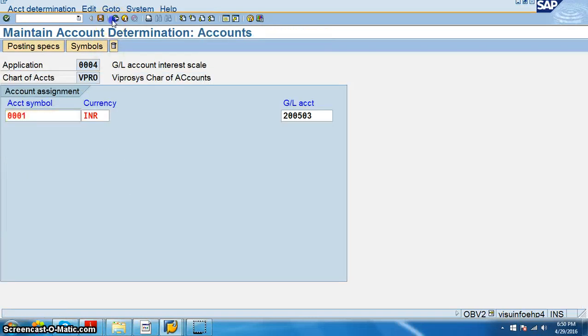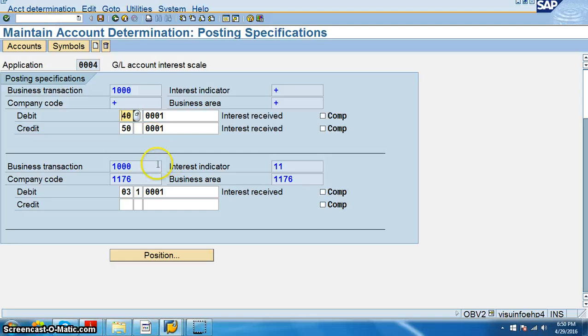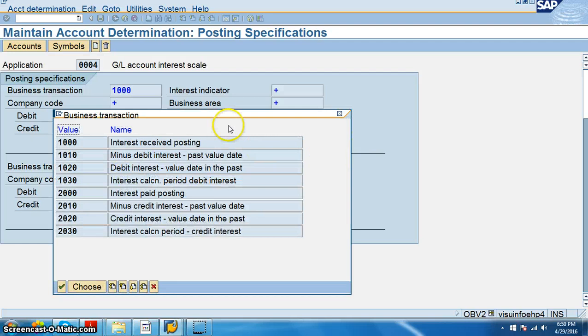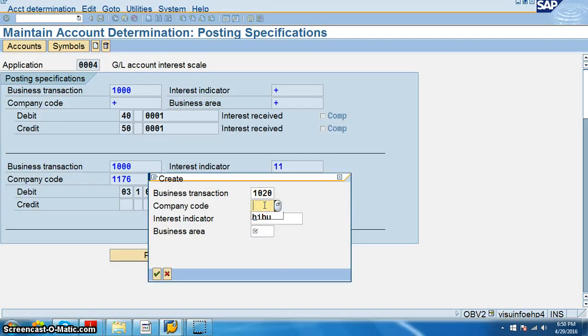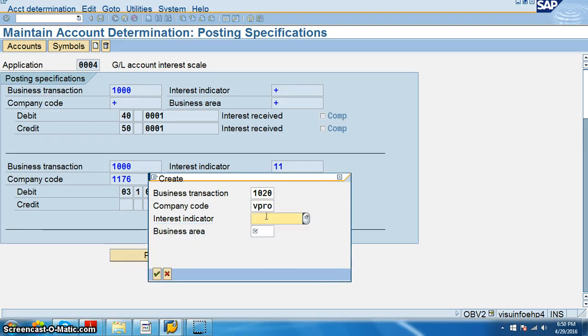We just assigned one account, but in this OBV2, we also have to create the business transaction. The business transaction we have here is debit interest. We are calculating the debit interest, and the company code is VPRO, and the interest indicator also was VPRO.